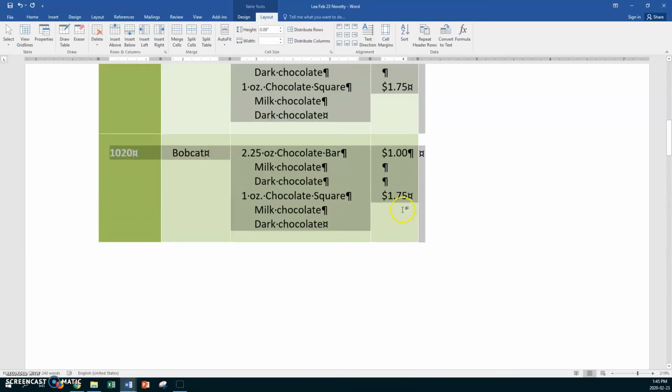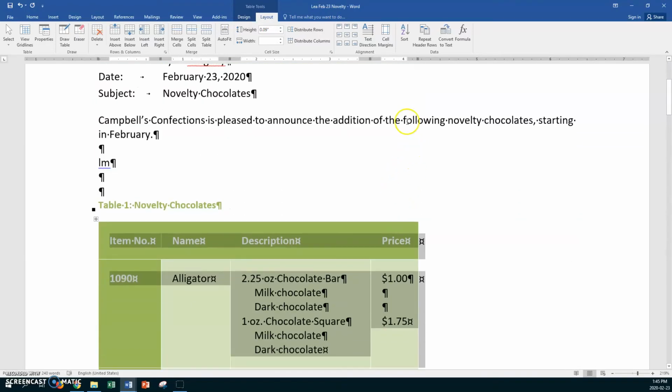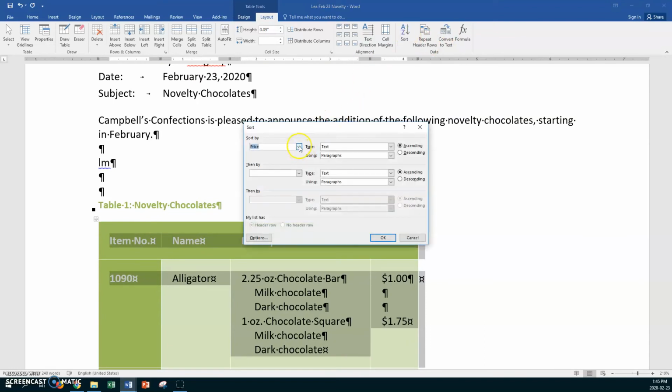All right, so let's go back, and I want to go to sort, and I want to sort on